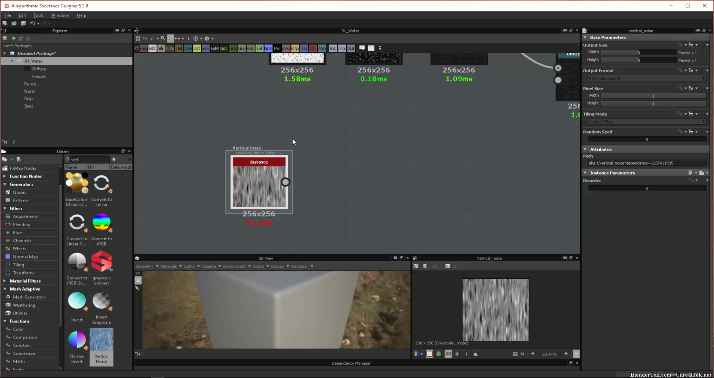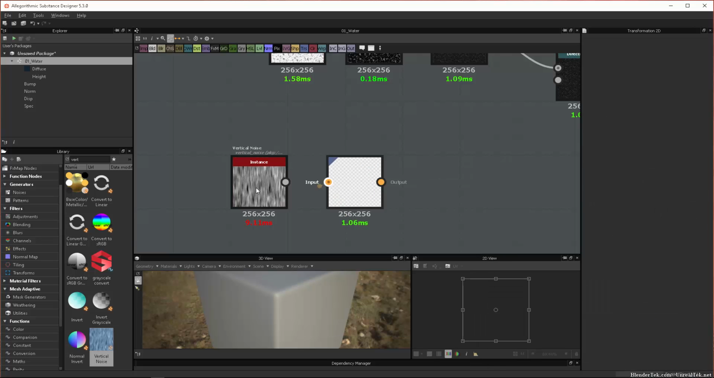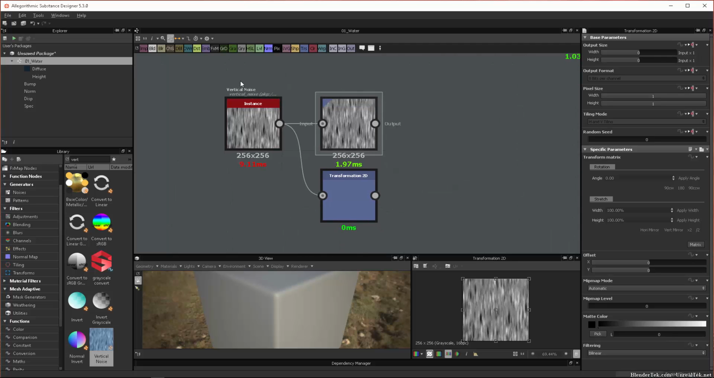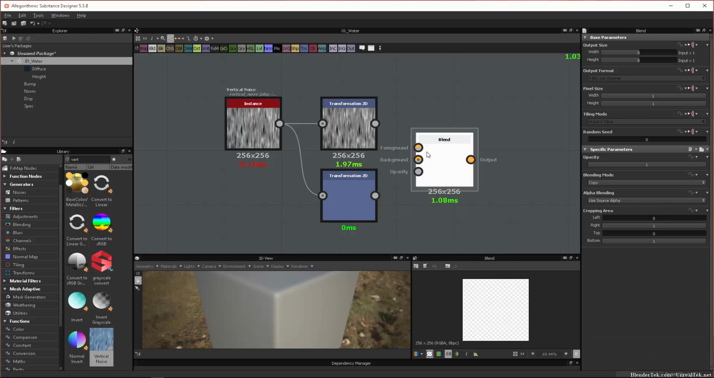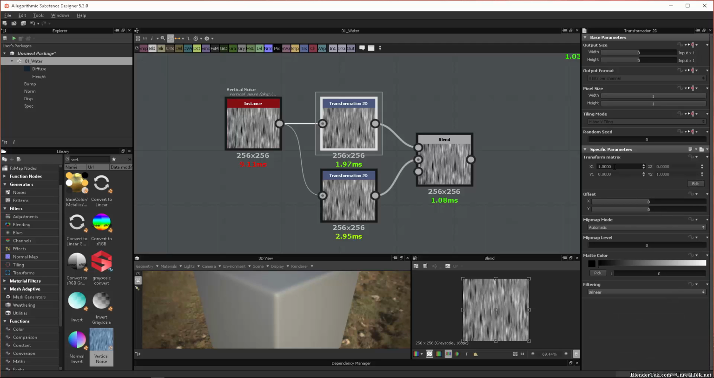So we want a transform 2D up next, and plug those two in. And it's also going to go down to a second transform 2D, so just copy that one directly so it's wired straight in. And then we want a blend node, and the foreground is this one and the background is that one. In the first transform 2D, let's go into our matrix again, and we want to basically get it rotated. So let's set this to like